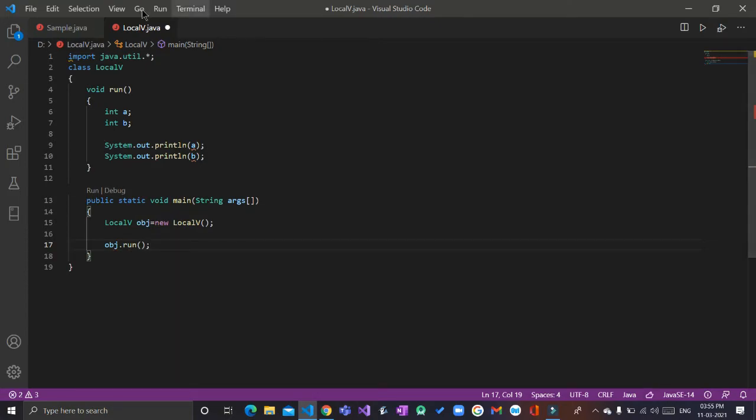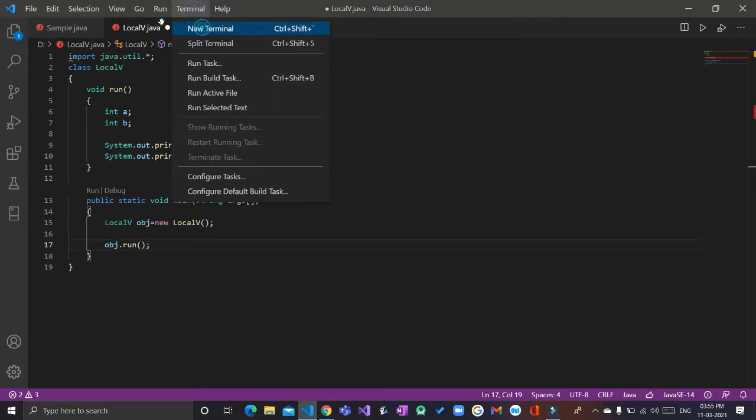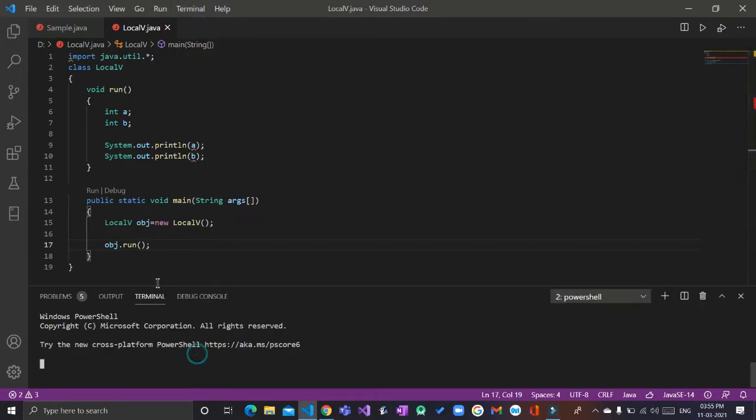Let's control S, save this. Let's go and open a terminal over here. Let's go to D drive, clear screen, and I want to compile my program. Let's see what does it say.